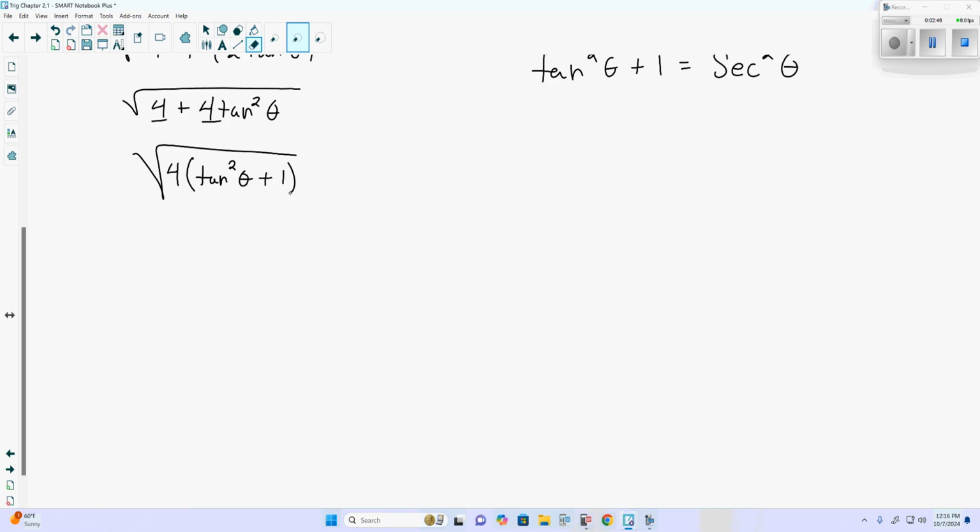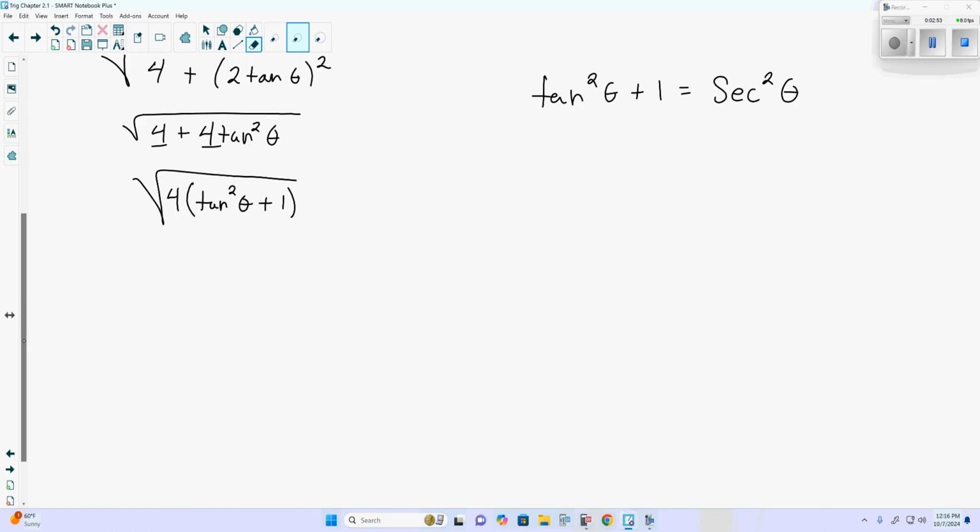Yeah, I did flip it. It's really the same as 1 plus tangent squared. I flipped the terms because 4 plus 4 tangent squared is the same as 4 times tangent squared plus 1. We just factored the 4 out, and this gave us our 1. Other questions? Now this tangent squared plus 1 matches up with our tangent squared plus 1 in the formula,